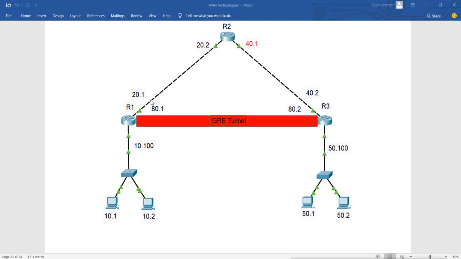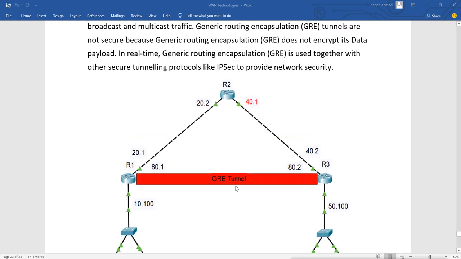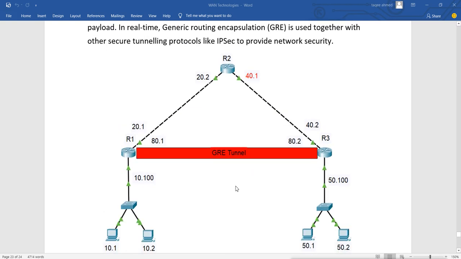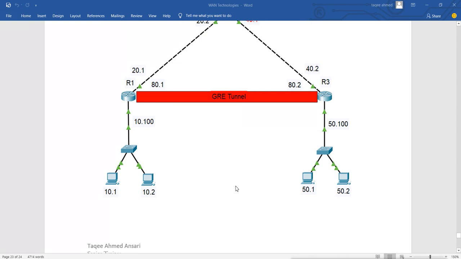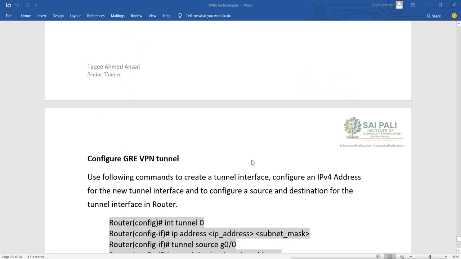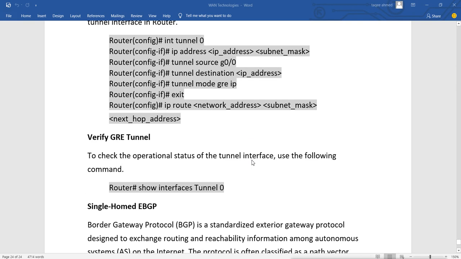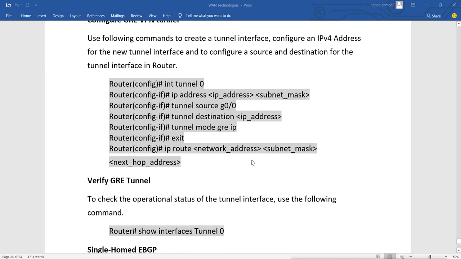We just want these interfaces to connect, so we configure static routing between them to assume an internet connection is there. We need a connection from router 1 to router 3, so that we can ping. Then on that we can configure our tunneling. To verify it, we can use the show interface tunnel command to check the tunnel interface which we configured.